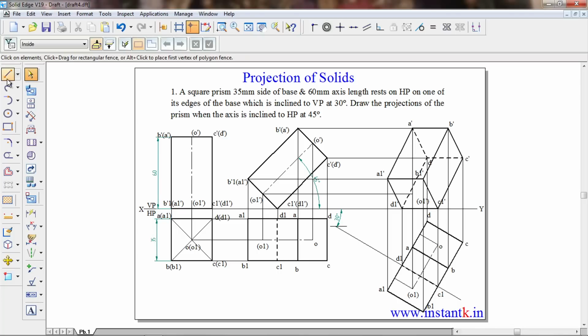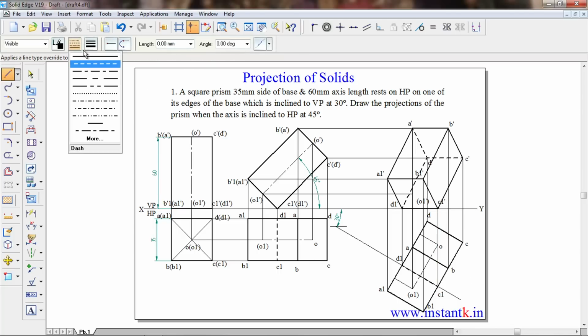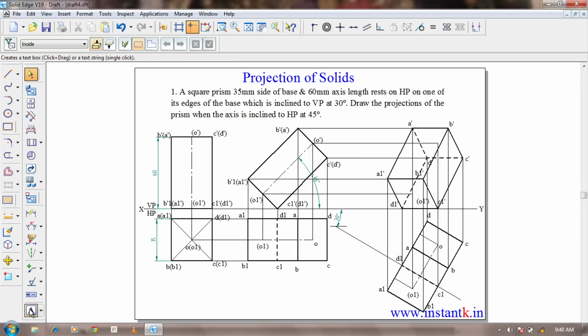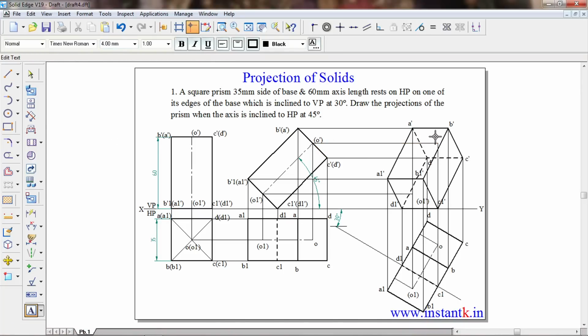Then for O dash we can project like this. From this it should be a continuous line, it should be a 0.13 mm thick line. Then we can draw vertical projection lines till here and we can draw a horizontal projection line, that we can write as O dash.